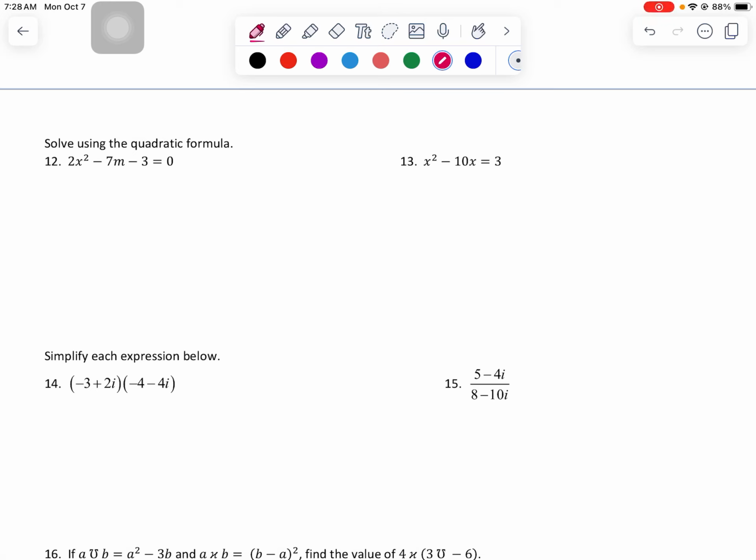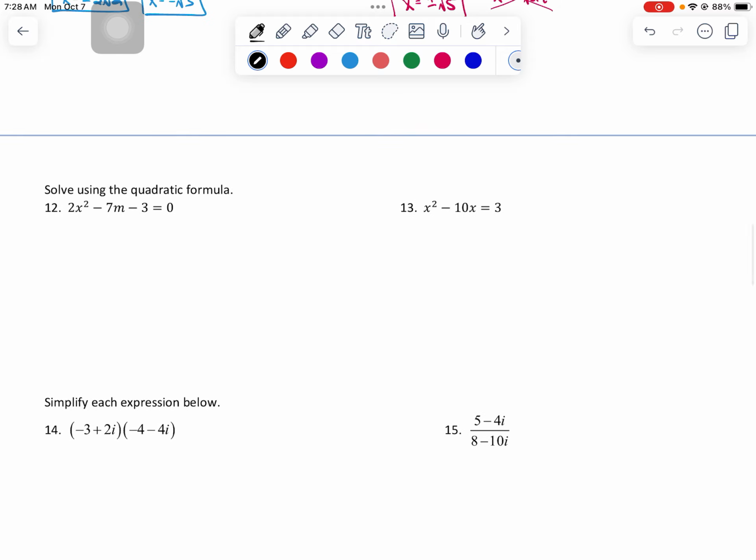All right, in this video, I'm going to go through and cover page 3 of your study guide. So the first two questions here say to solve using the quadratic formula. So I am going to write out the quadratic formula very quickly, and I'll put it right here. So x is equal to the opposite of b plus or minus the square root of b squared minus 4ac all